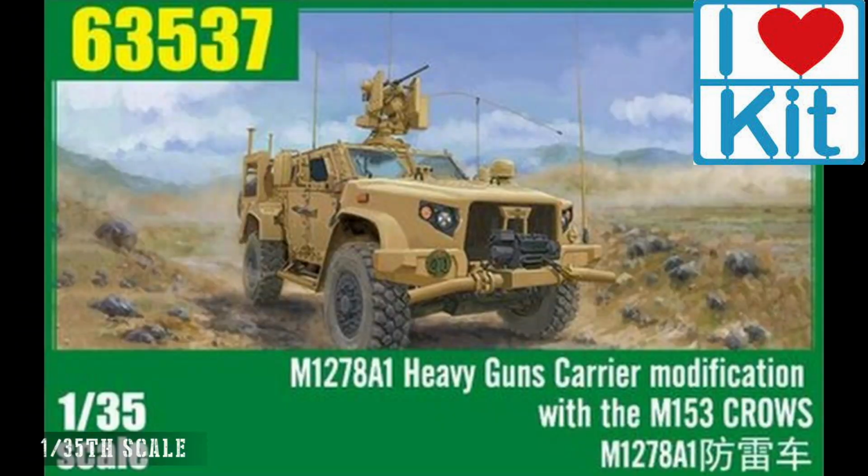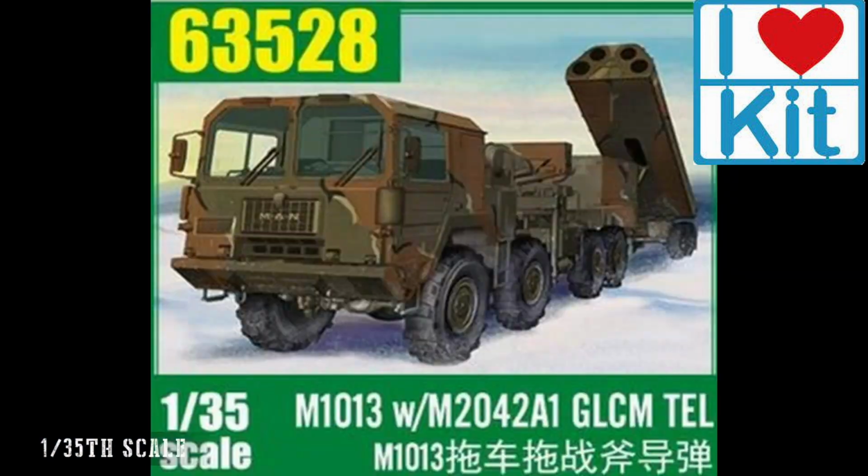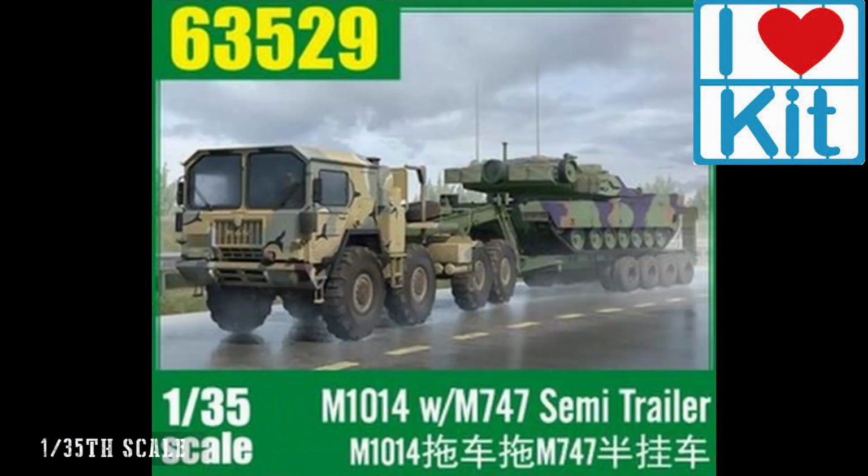We then move a little bit more modern and have the M1278A1, the heavy gun carrier, and the M1279 utility vehicle, based on last year's M1278 tool. And then to close out the releases from I Love Kit, we have a couple of truck trailer combos, the M103 and the M104, both with trailers with different bits. These are both based on the 2022